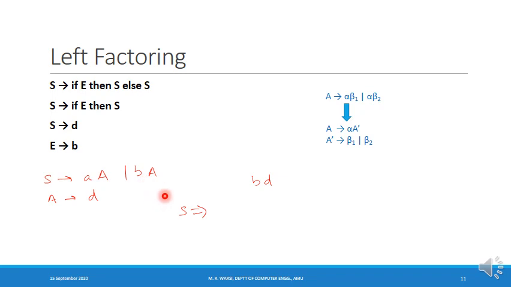So I will expand the capital S using the second production, and I obtain the sentential form. And finally, I expand the capital A with D and obtain the given string. So here the grammar was simple, and it was in such a form so that for the parser to know which production to use at some step of the derivation, it was easier.